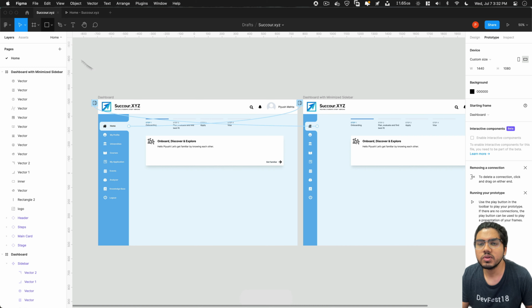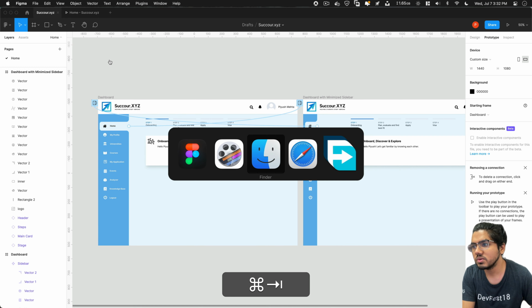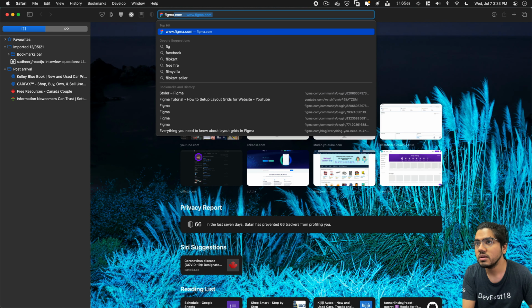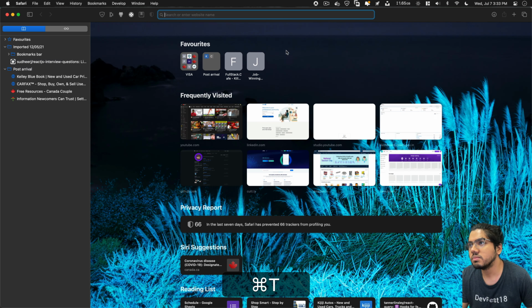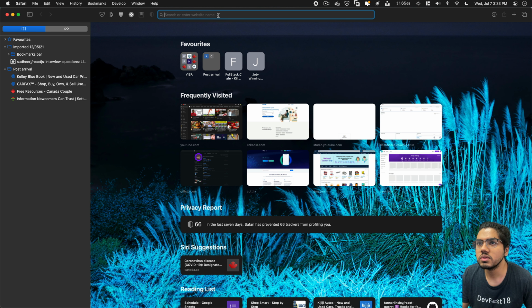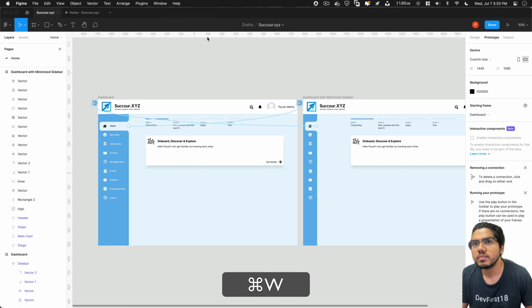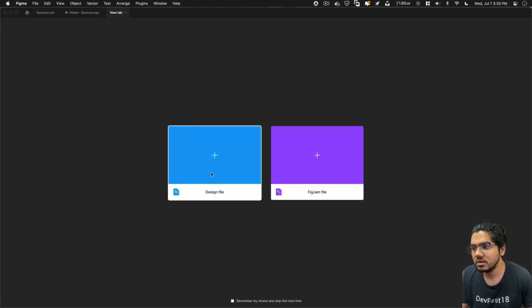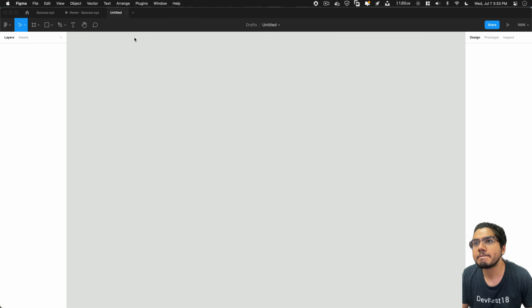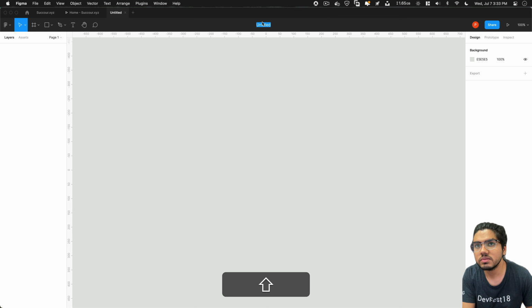First of all you have to go to figma.com and download Figma for your application, for your computer. You can have the client or you can use a browser also. Okay, so we'll go to the file and we'll create a new file. It should be a design file. Now name it whatever you want. Let's name it SaaS startup for now.